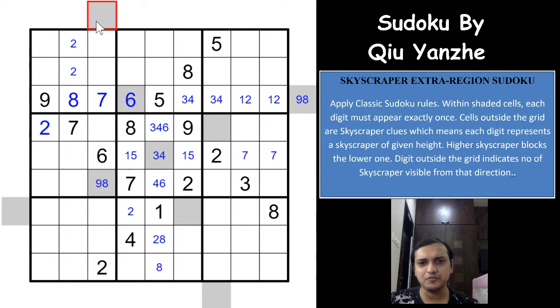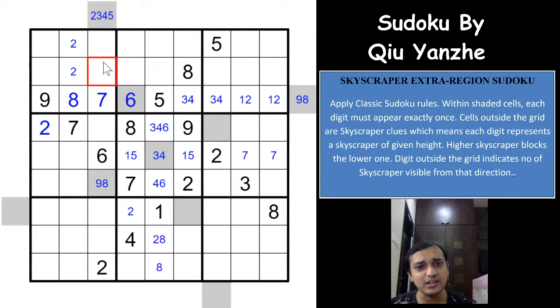If you have a 1, the first cell will have to be a 9, because you can only see one building and that has to be 9. You cannot have anything before 9 because you will see 2 or more buildings. So 1 is not possible here because you have a 9 here. So the possible digits are 2, 3, 4, 5. 6 is also not possible, because you have the third digit as 7. You'll have 8 and 9 in one of these 2 cells, which means 3 cells will be seen and the first 2 cells will be seen, so a maximum of 5 cells you can see from that direction, which means you can only have 2, 3, 4 and 5.